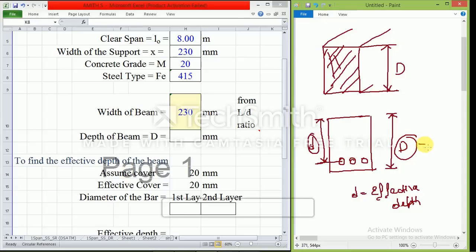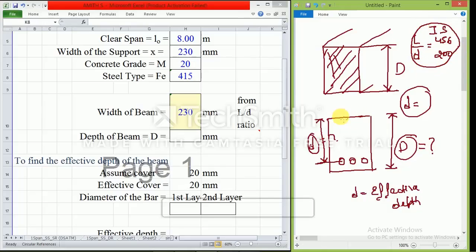Now my next question is, how will you find the value of big D and the value of small d? Before finding the value of big D, I need to find the value of small d by using the L by D ratio, which is given in IS 456 2000. So how to find? I'll tell you in detail. Just look at the things and be careful.